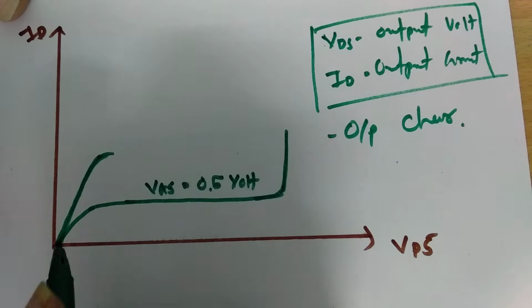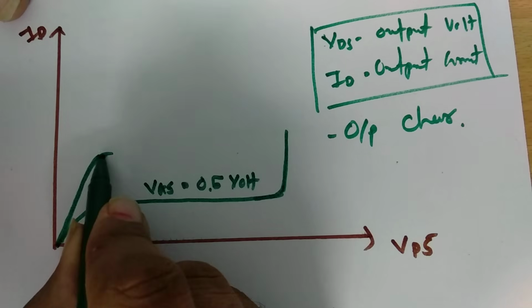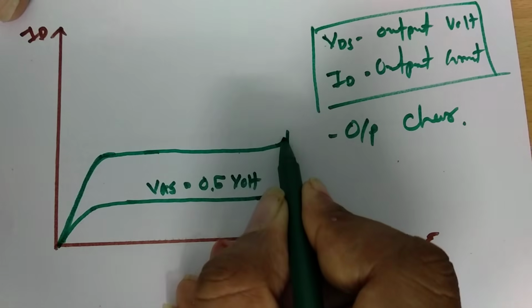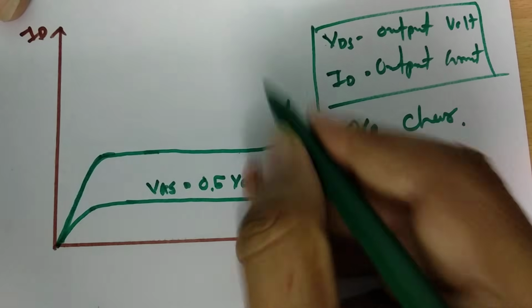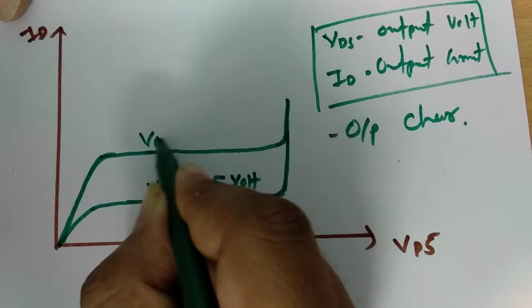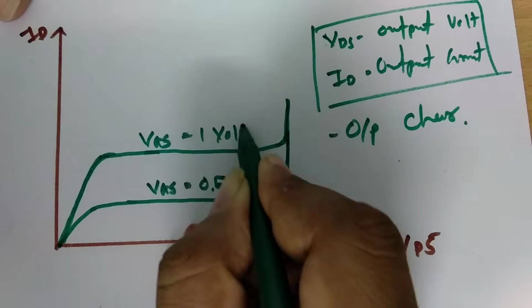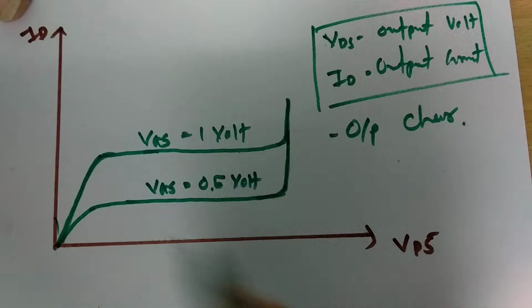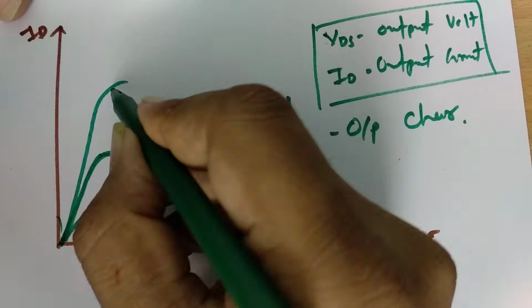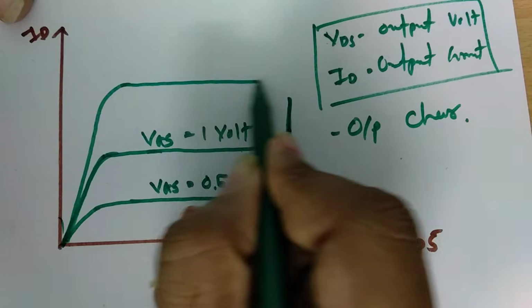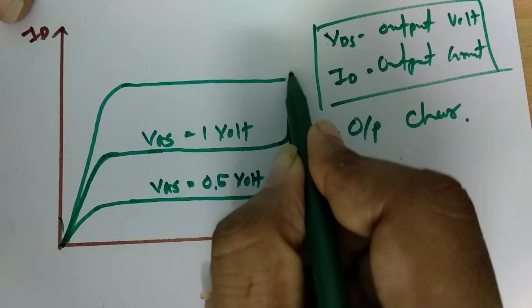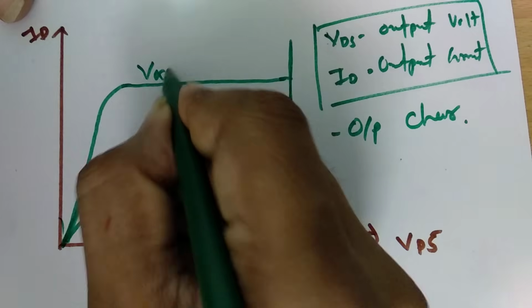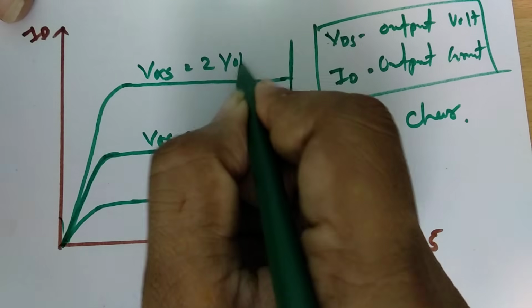then the characteristic will be similar, but now at a higher amount of ID. So initially as we increase VDS, ID current will increase, then it becomes constant, and once breakdown happens, there will be a high amount of current flow. And this is the case at 1 volt. Now further if I increase VGS, initially as we increase VDS, output current will increase, but now the level will be a little more. Then it becomes constant, and then after breakdown there will be a high amount of current flow, and this is VGS equal to, let us say, 2 volts.